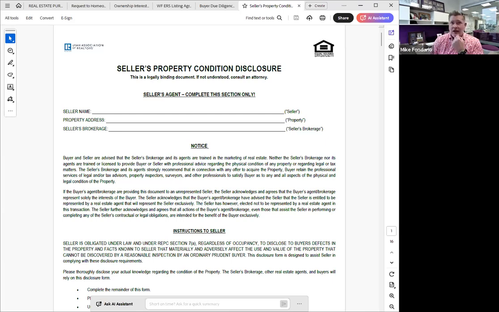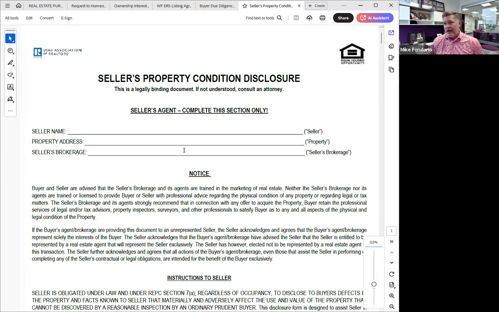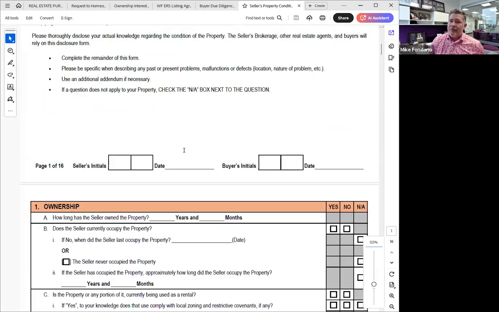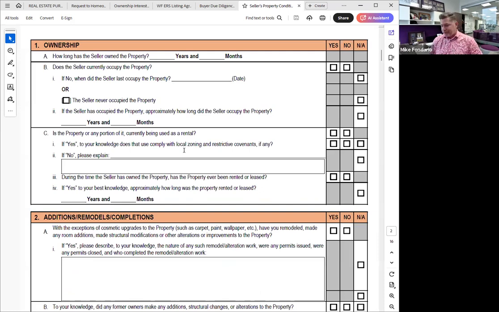There we go. We're going to review this seller's disclosure document, and we're just going to talk about the main stuff, the big stuff. We won't deep dive into this as we've done on occasion. We have gone through this line by line once or twice, but it does take a few days to do that, and we're not going to do that this time. So we're going to try to do the brief version of this.